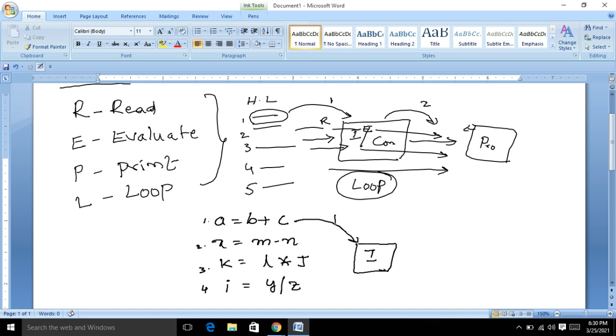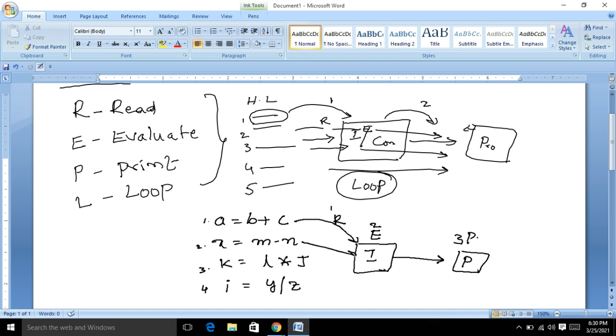That means it reads the first instruction and checks whether it is as per the syntax rules of the Python interpreter or not. This is the second step, and then this instruction is executed on the processor, right? When it is executed, the result is printed. So this is the printing. Third one, print.